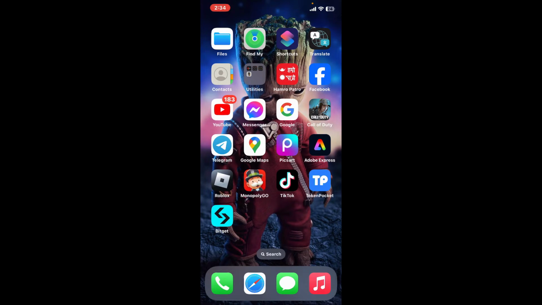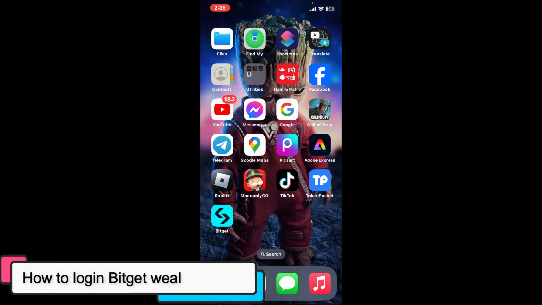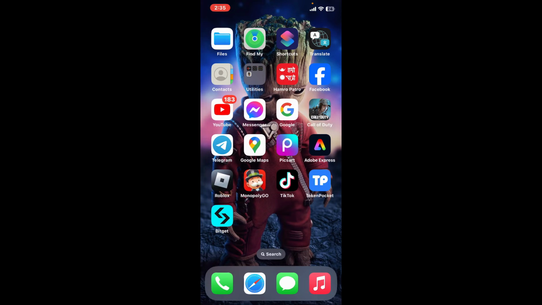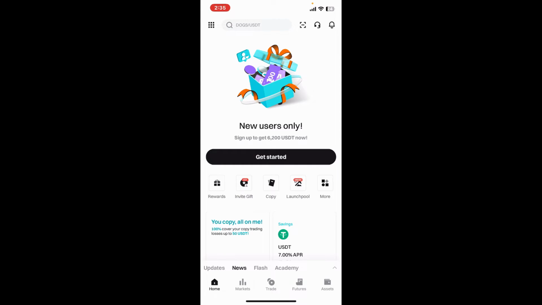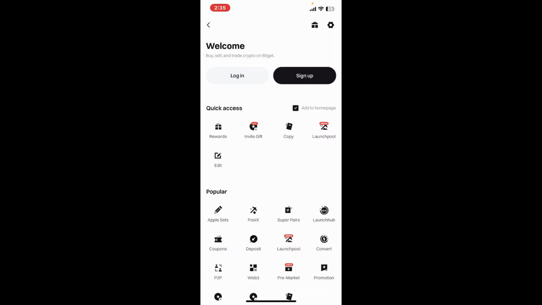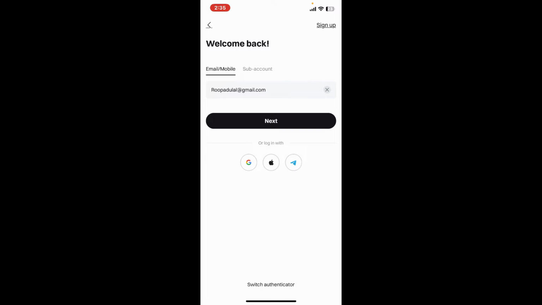In this video, we will be learning how to log into your Bitget Wallet app. To log into your Bitget Wallet account, first of all, open your Bitget application on your mobile device. After you do that, you will then end up in this main home page for Bitget. Go to the top left corner and tap on the waffle menu button. In the expanded menu, tap on Login at the top left, and then follow through the instructions to log into